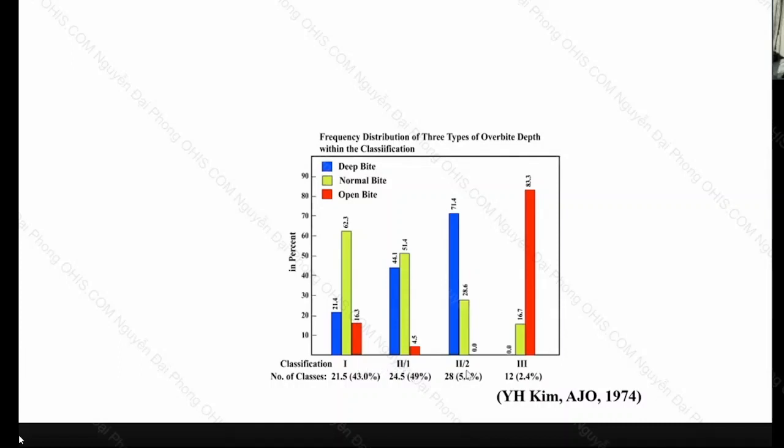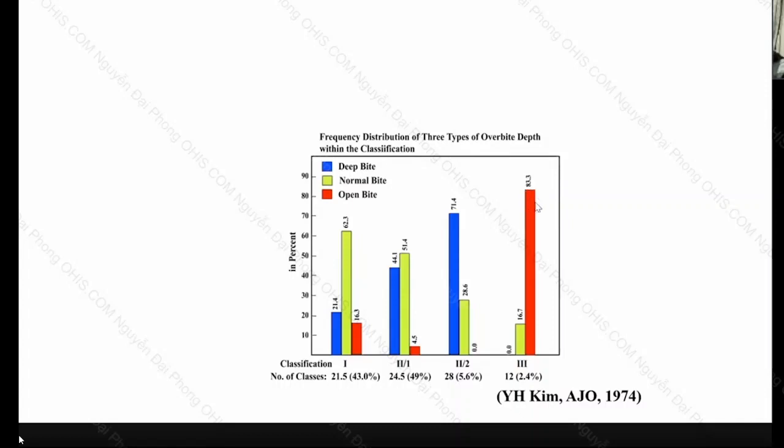Then which group showed more open bite? Open bite is the red bar here. It's very clear. The class 3 group showed 83% open bite